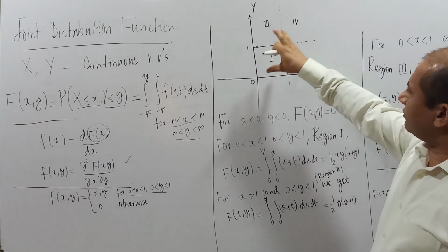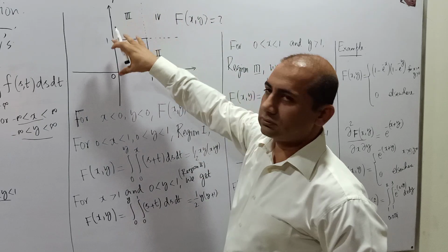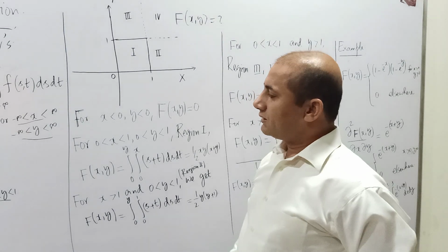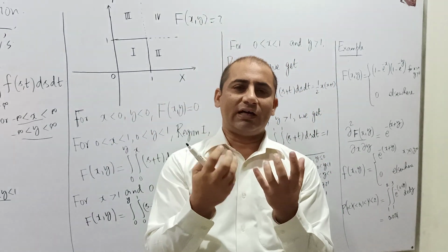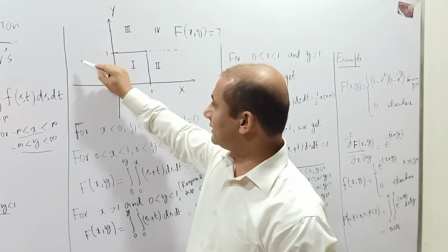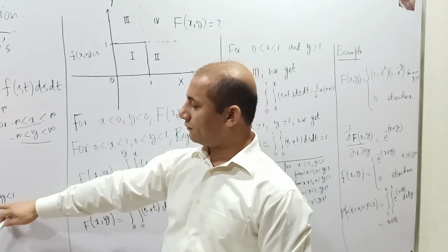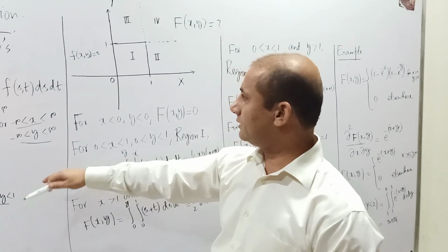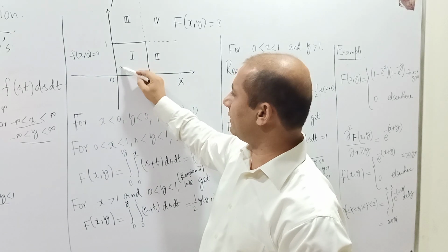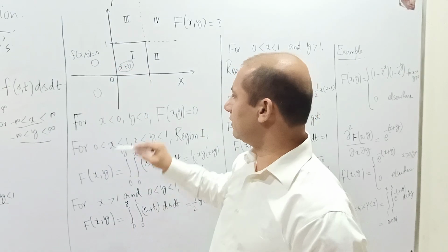So that means now I am interested in finding this f of x y for this whole R2. This is my target. I am looking for this f of x y for the whole R2. Now please note that when we have this distribution function, we accumulate those probabilities. So please note that this f of x y is 0 in this region, because this is how we define it. From 0 to 1, within this square, we have our f of x y as x plus y. So within this square we have x plus y, and this is 0 over here.